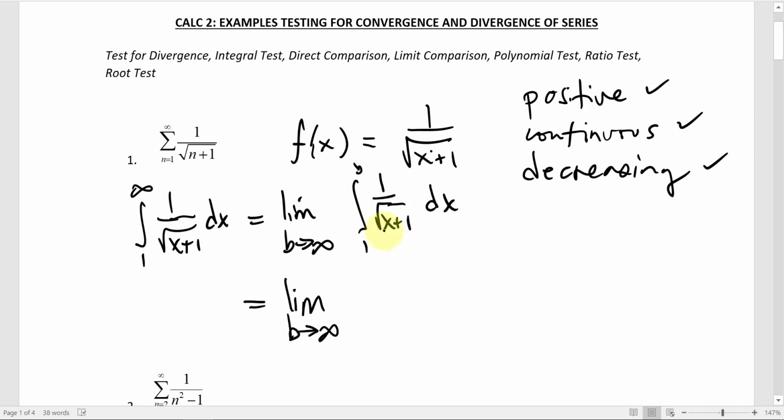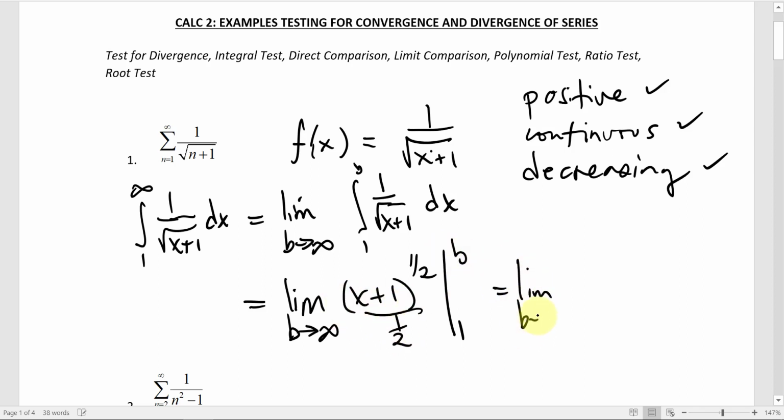So finding an antiderivative, let's think of this as x plus 1 to the minus 1/2 power. That minus 1/2 power, I'm going to add 1, gives me a positive 1/2. So my antiderivative is x plus 1 to a positive 1/2 power. I'm going to have to divide by 1/2 and then eventually plug in those bounds. So plugging in those bounds, let's simplify that to 2. We have the limit as b goes to infinity of 2 times the quantity, and plugging in b, I get b plus 1 to the 1/2 power, minus, and when I plug in 1, I'm going to get 2 times 1 plus 1,